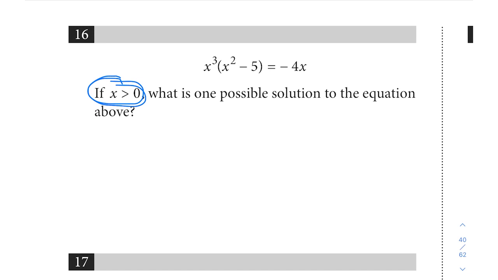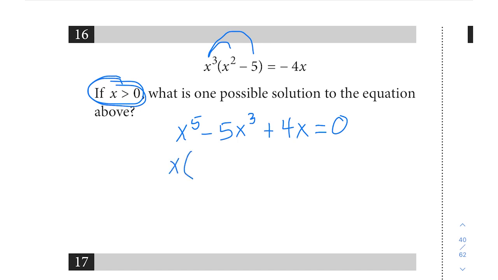But for this, to figure out a possible solution, let's try to simplify this. We want to go ahead and distribute, and then we want to bring everything to the same side. So when we distribute, we'll get x to the 5th minus 5x cubed. And then if we bring over the negative 4x, that would be plus 4x equals 0. And then here they all have an x in common, so we could factor out an x, and we'd be left with x to the 4th minus 5x squared plus 4